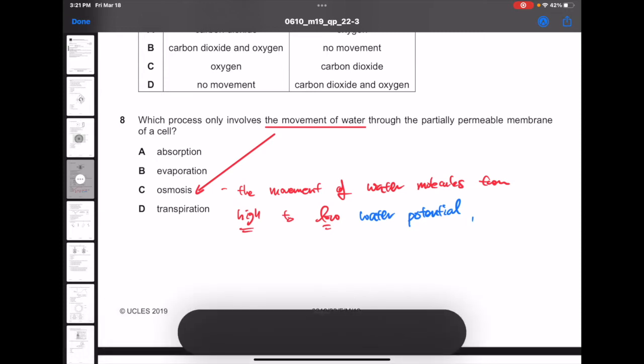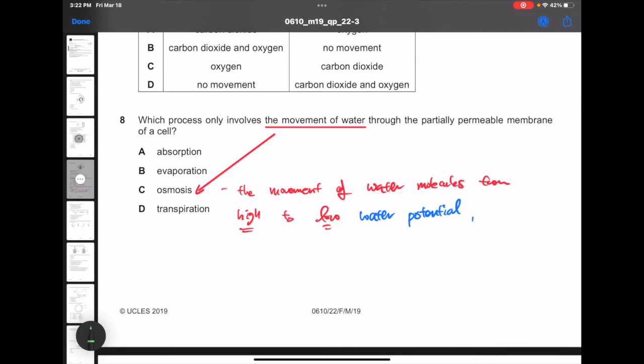And there's another important part, through a semi-permeable membrane. Okay, so